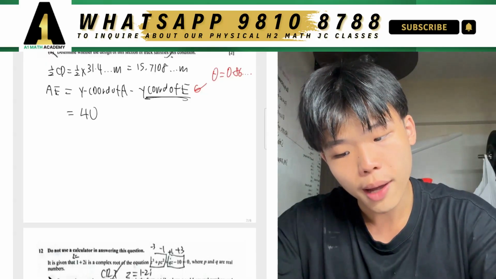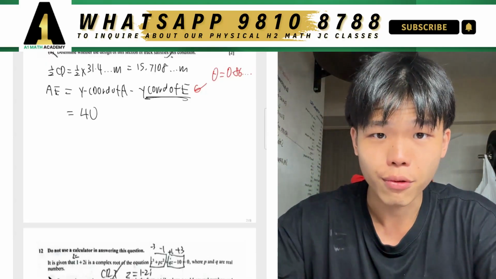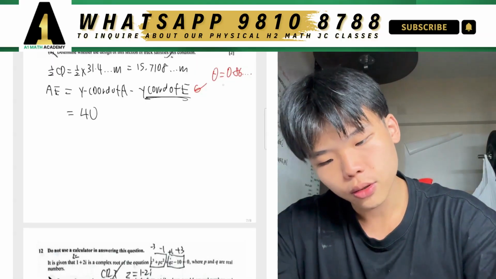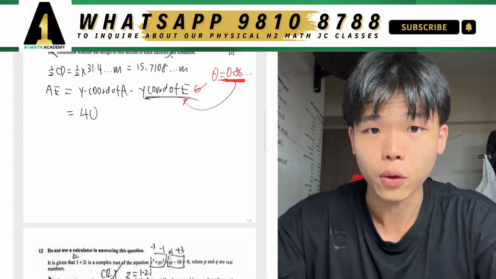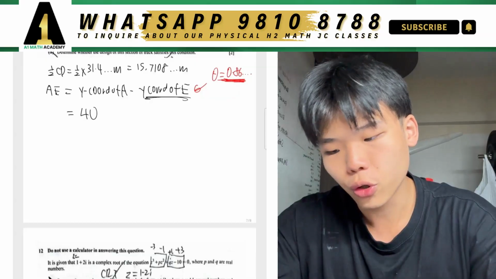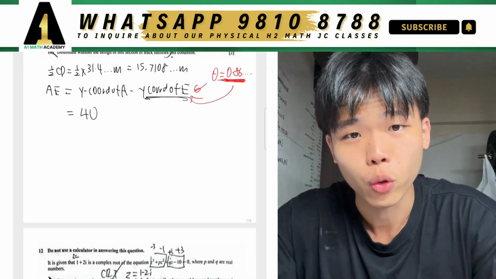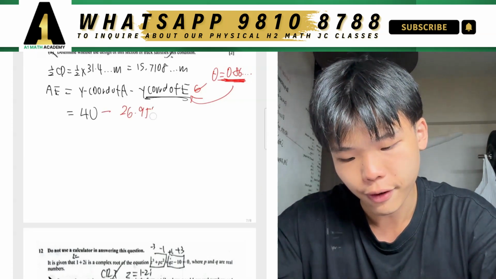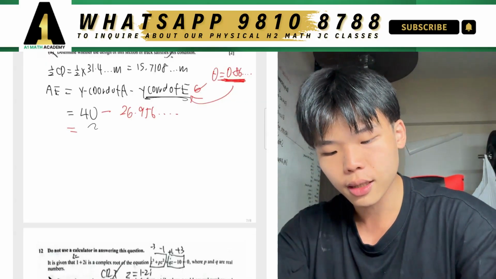over here. Why? Because E is on the same level as C and D, right? Which means they all share the same value of theta when it comes to y. So all you need to do is just sub this value of theta once again into the y equation over here to find the y-coordinate of E. And you will eventually get a final value of 26.956... And subsequently, when you subtract these two away from each other,